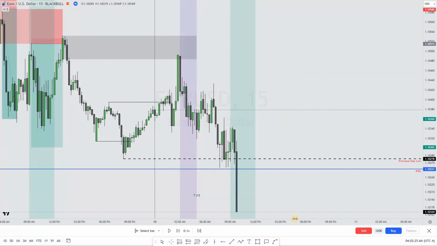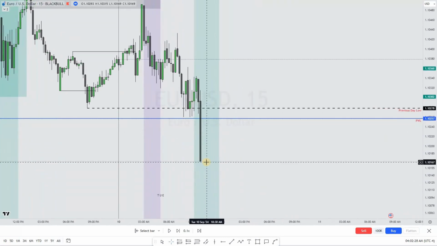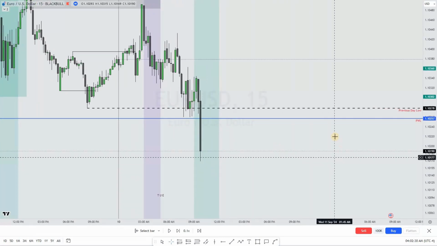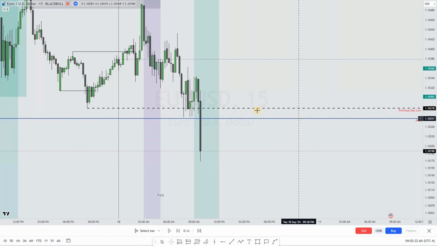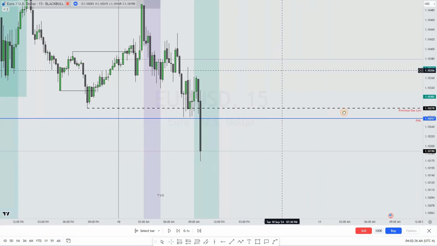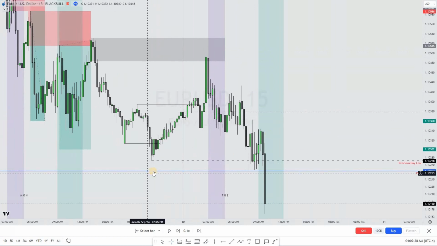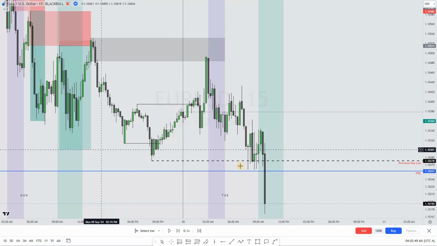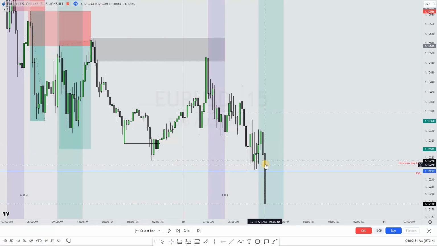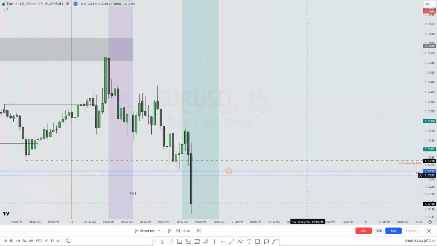So again, we have this huge impulsive move to the downside to where? To the previous week low. So we took out the previous day low and we also took this low. So that's why again I said that this level here was a significant level for me, but I did not have the courage to sit and wait until this level would have been taken because Monday to Tuesday 9:45 a.m. It's too long. It's too long for me.